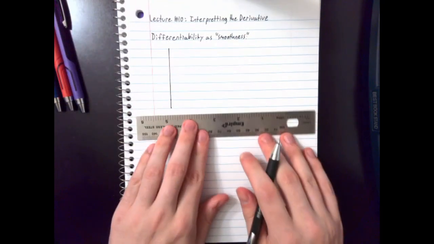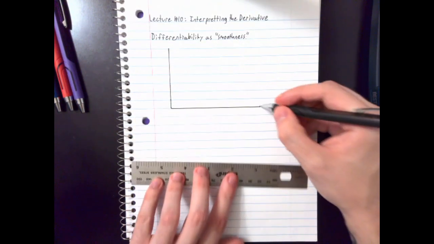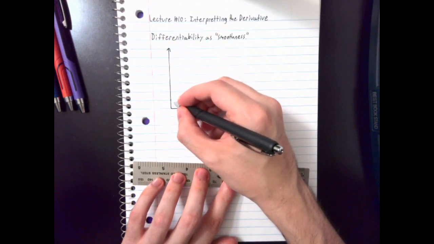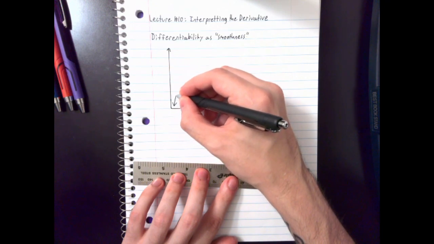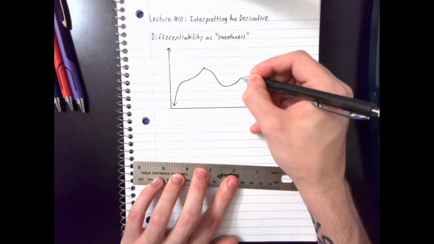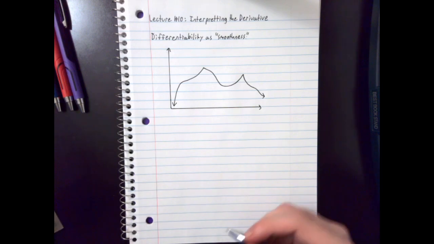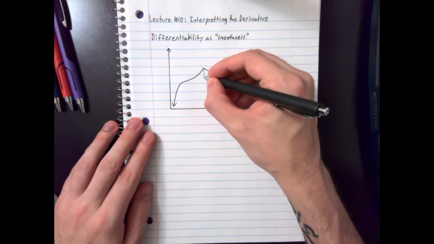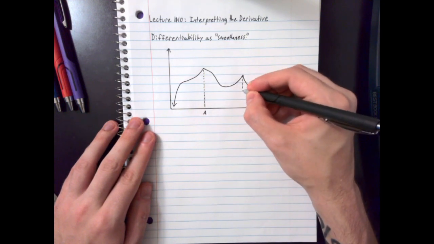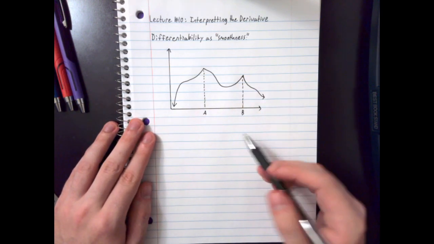Nice big one. So if I have a function which looks something like this, then the idea is that at these points, maybe we'll call this point A and this point B. So differentiability,